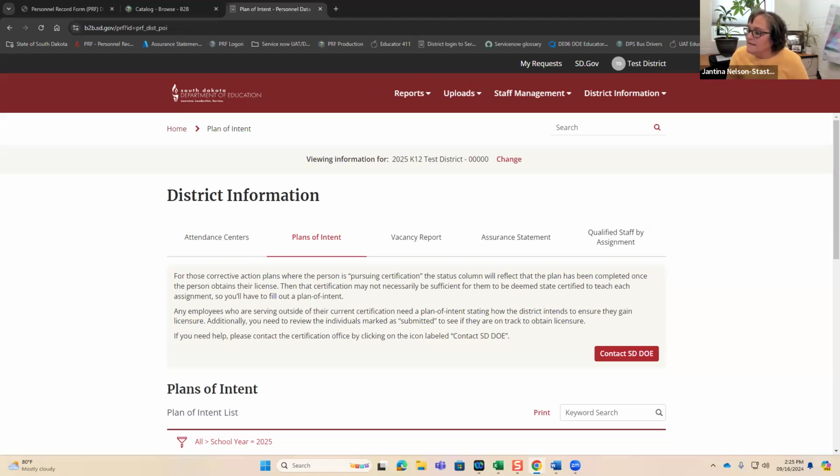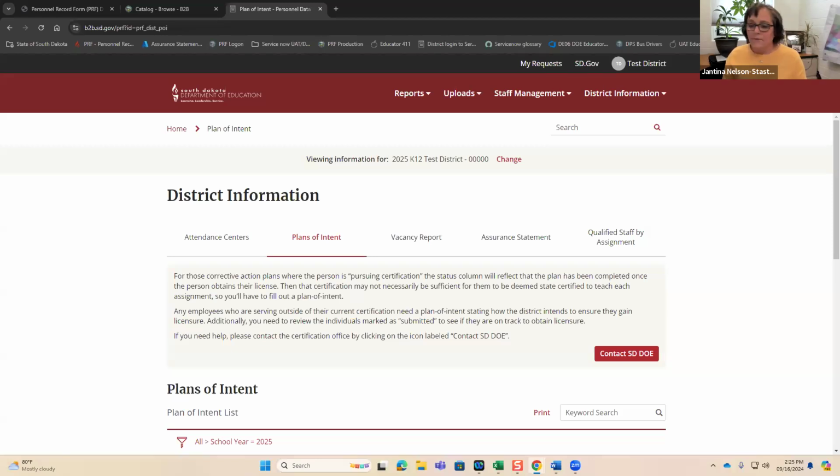Non-authorized plans of intent are any employees serving outside their current certification, who will be on a plan of intent stating how the district intends to ensure they gain licensure. The qualification portion of the plan of intent gives districts and the educator, as soon as you put that in, the various options to gain licensure, along with what each of the requirements are.